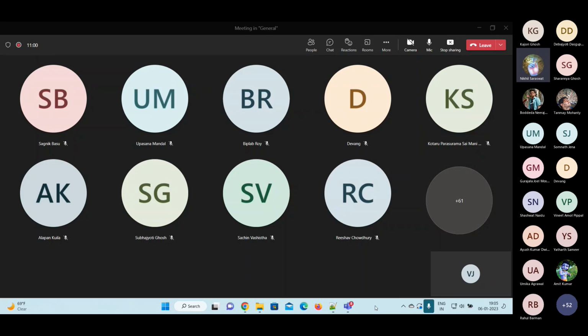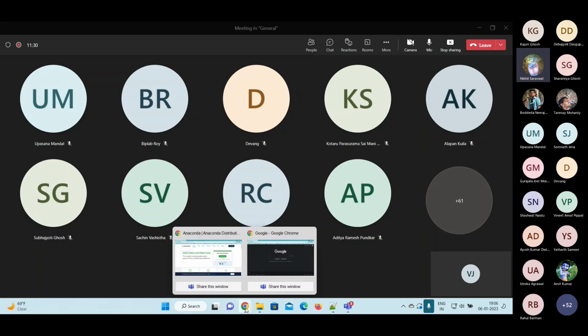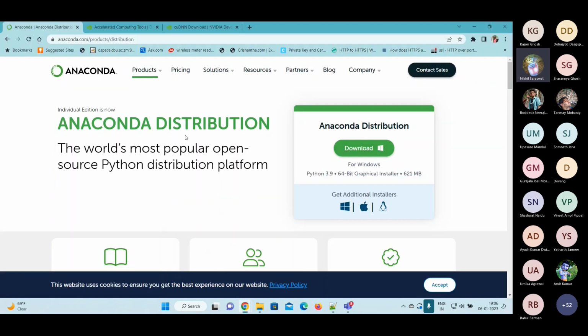So we can start firstly with the installation. We need Anaconda to run our code. Basically, Anaconda is a free and open source distribution for Python and R, and it provides several tools like Jupyter and Spyder that we can use. Okay, so for Anaconda installation,